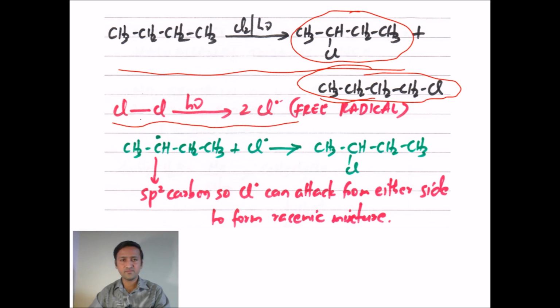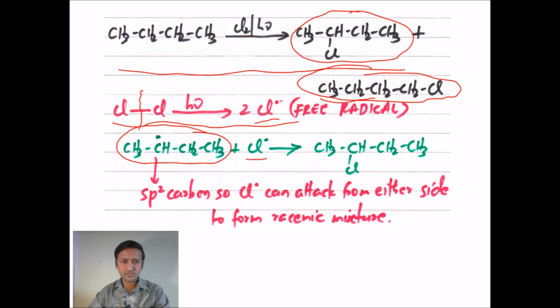First, what happens? The chlorine molecule undergoes homolytic cleavage to form two chlorine free radicals, and these chlorine free radicals upon reaction with butane start the chain propagation step, right? And in chain propagation we'll get formation of the butyl free radical. You can see here we'll get two different types, right? This is the secondary butyl, and we get primary butyl also.